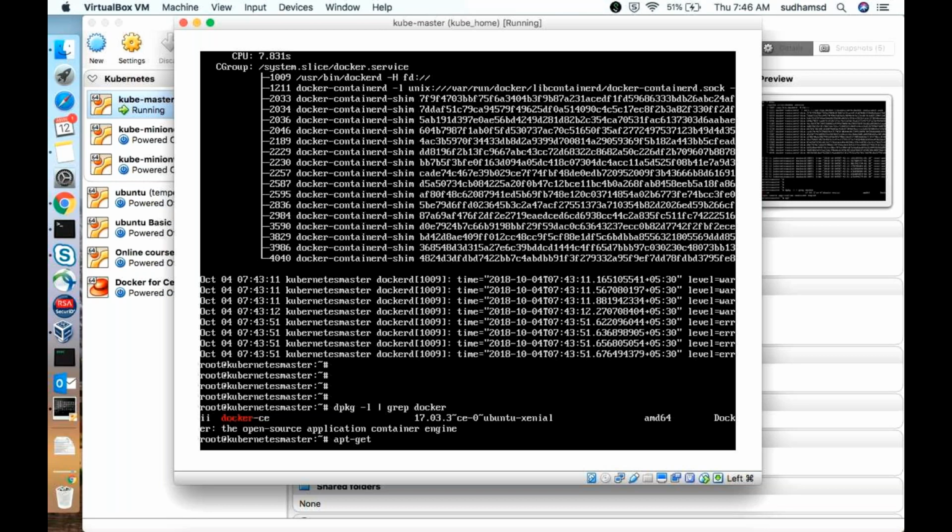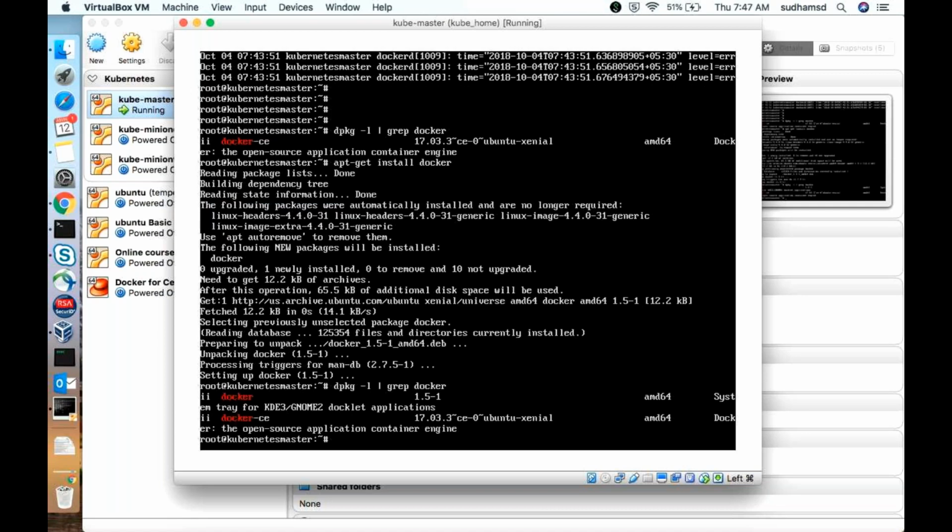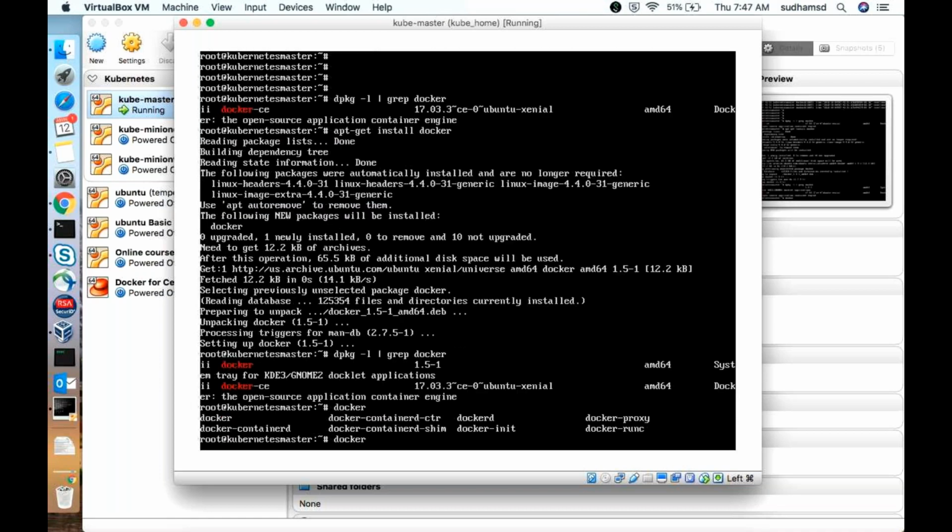Once you installed everything, the Docker on this machine has the CLI as well, right? Yes, by default it will have the CLI and it will have the daemon. So we are enabling the daemon, but do we disable the CLI? No, we don't disable the CLI. Internally the CLI will be available.